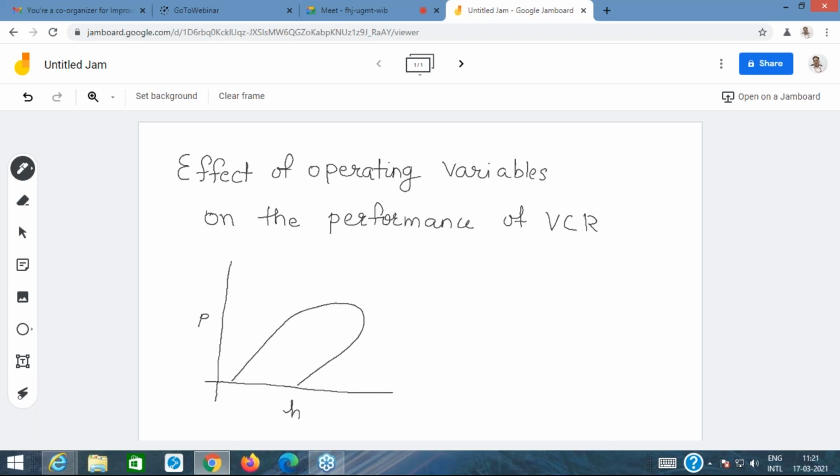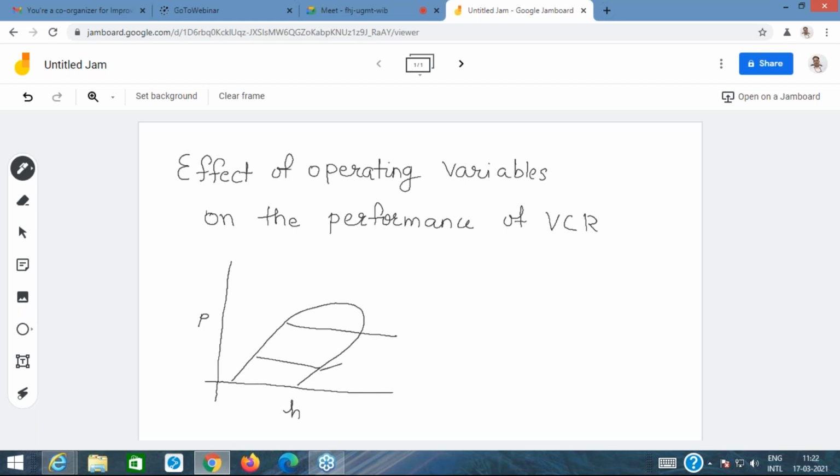You are familiar with the simple saturation cycle, and we know that the simple saturation cycle, or for that matter any two pressure system, would operate between the condenser pressure, which is the higher pressure, and the evaporator pressure, which is the lower pressure. Evaporator pressure is also known by the name suction pressure, and the condenser pressure is also known by the name discharge pressure. Discharge with respect to the compressor and suction with respect to the compressor. And the simple saturation cycle runs like this.